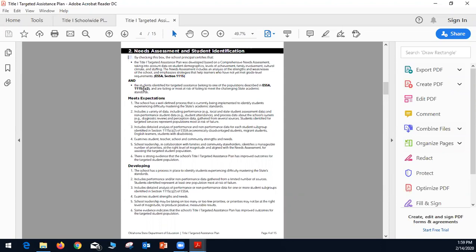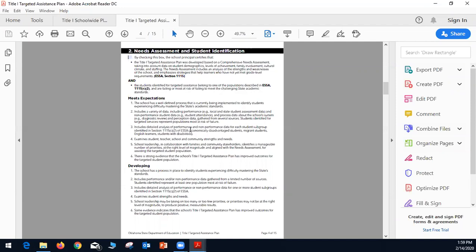The needs assessment includes an analysis of the strengths and weaknesses of the school and emphasizes strategies that help learners who have not met grade level requirements. And there is another certification that the students identified for targeted assistance belong to one of the populations described in ESSA Section 1115 C2 and are failing or most at risk of failing to meet the challenging state academic standards.